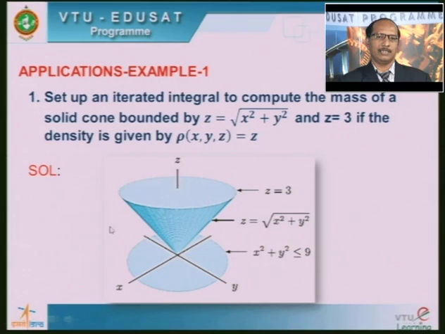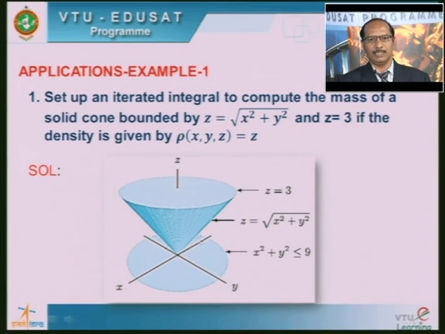So, to set up the triple integral limits, first we take the z limits. Z limits are clear here. Z is equal to this surface, the cylinder surface, root of x square plus y square. The upper limit is given as a plane, z is equal to 3, it is given in the problem. So, from the cylindrical surface to the plane surface, that is the z limits, the boundary of this